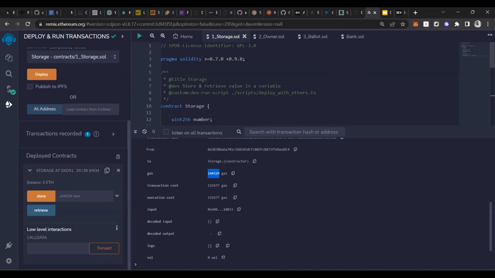Remix IDE also provides integration features from here itself, and you can also write the smart contract in your local environment.